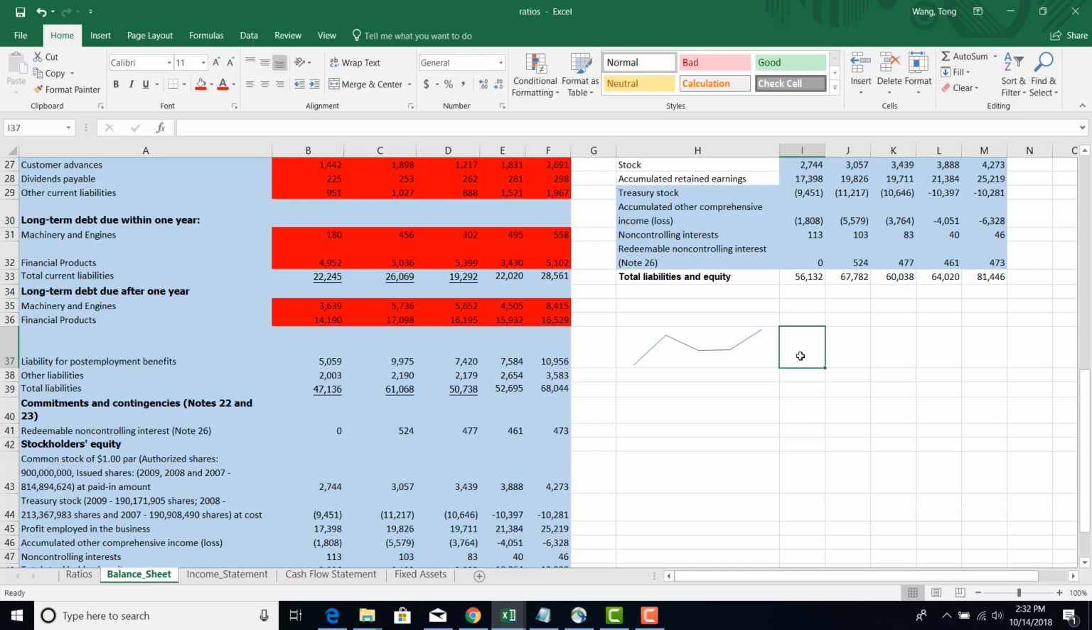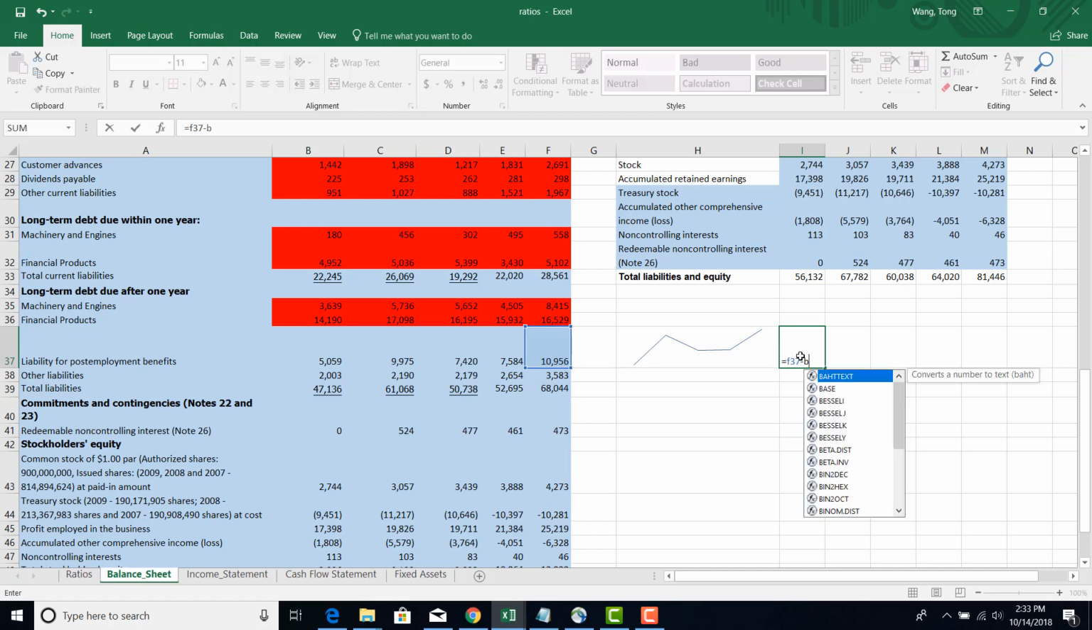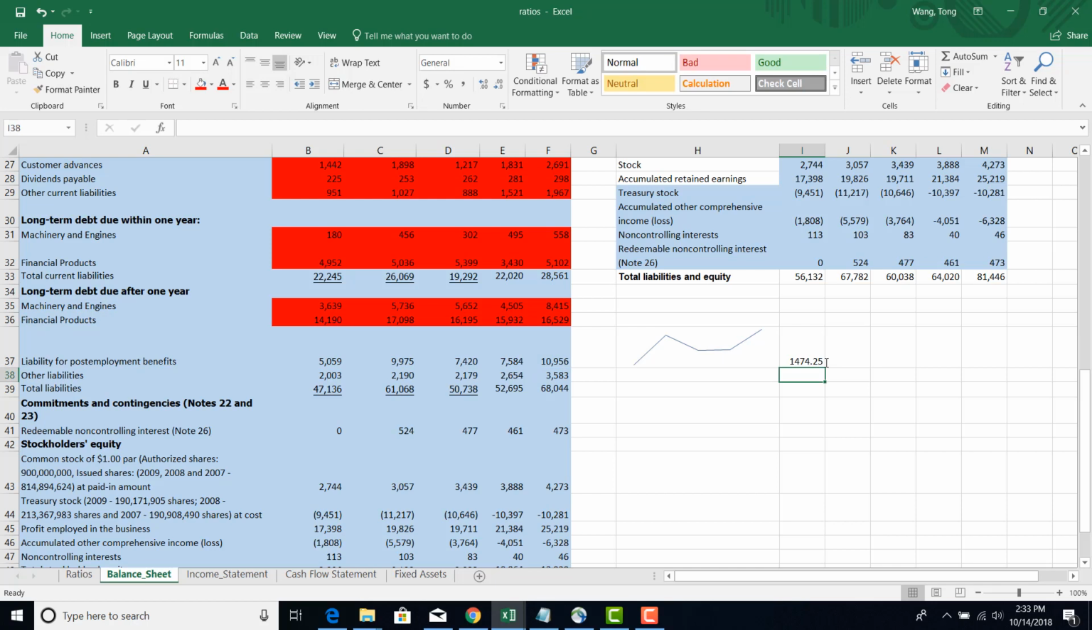For example, one simple thing I can do is say the 2011 level is F37 and the 2007 level is B37, and that's over 4 years. So if I divide that by 4, on average I can assume that their pension liability will grow by this dollar amount every year. So if I copy this number,